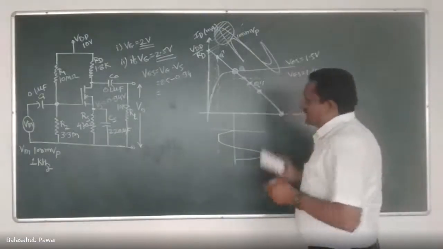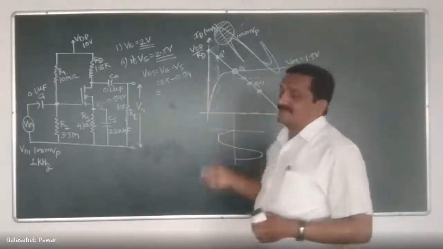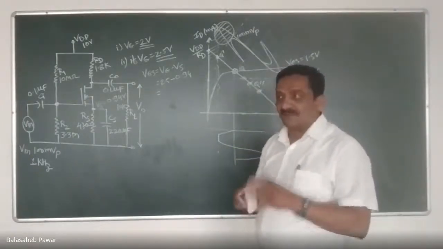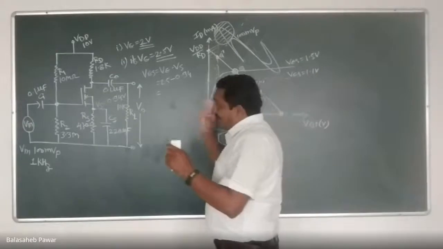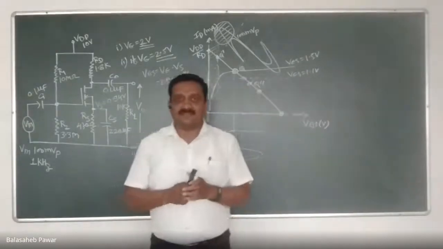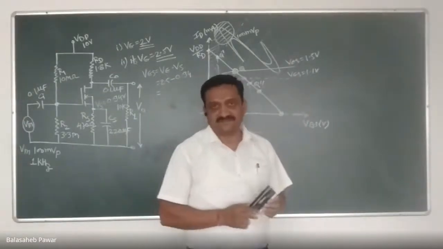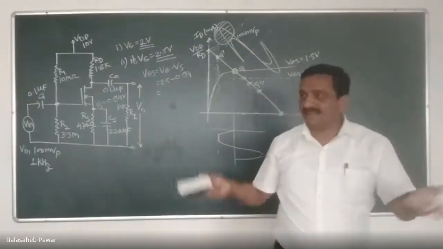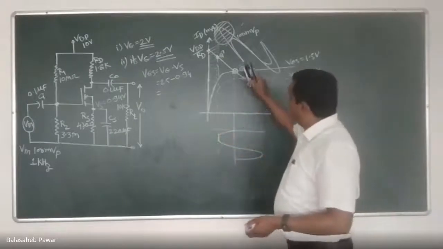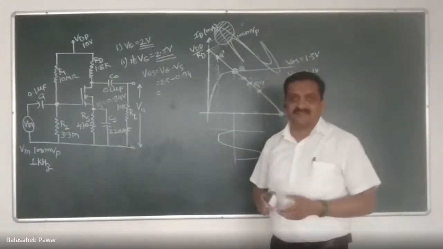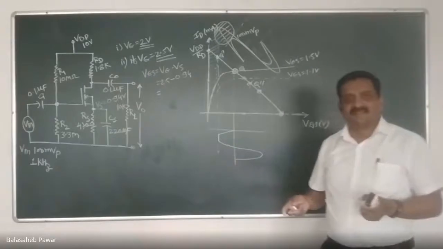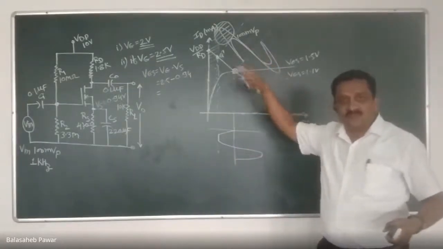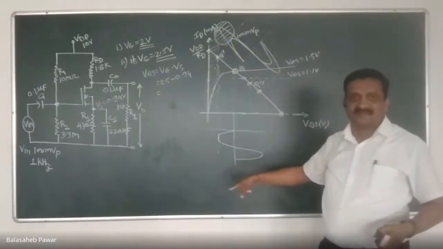Now, what is the limitation? See, in the previous case, when we set the operating point exactly at the center, we concluded we can amplify the input signal up to a maximum of 300 millivolts, and later on there is clipping. In this case, we can amplify only up to 100 millivolts. Later on, there will be clipping of the positive half cycles of the input to obtain the negative half of the output. Are you getting it?